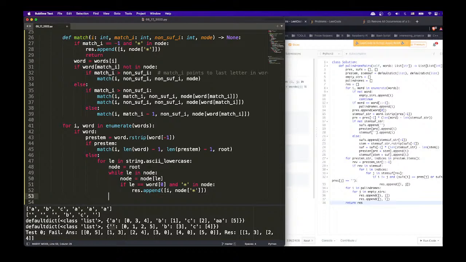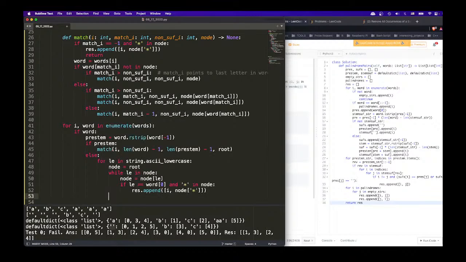Now coming out. Now when we come out, right, when we come out, we shall know that we handled all the letters, right? So now letters are not in node. And we say, then it has to be exactly the same number, right? So then we just say